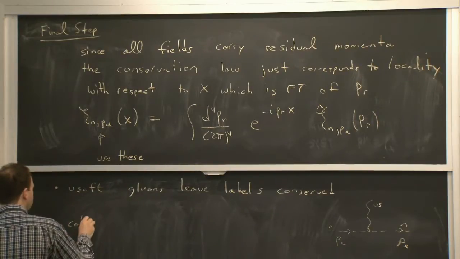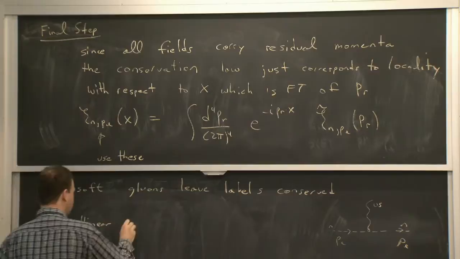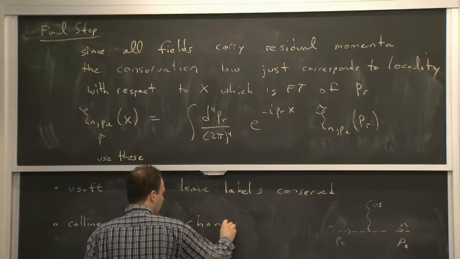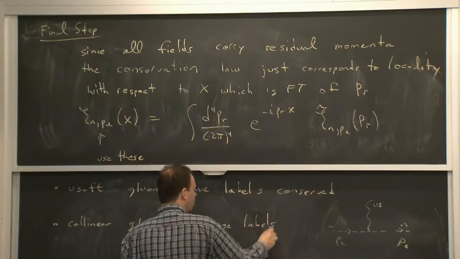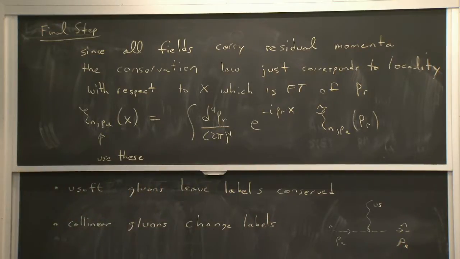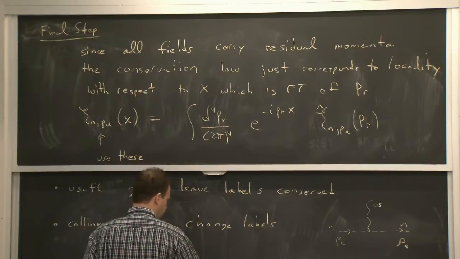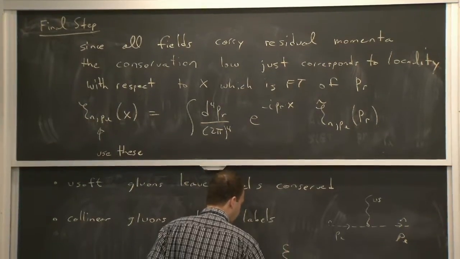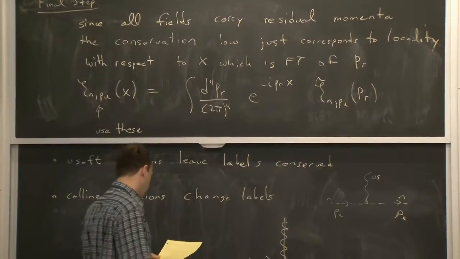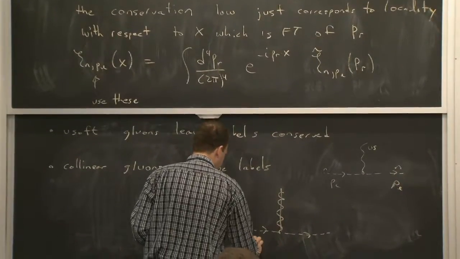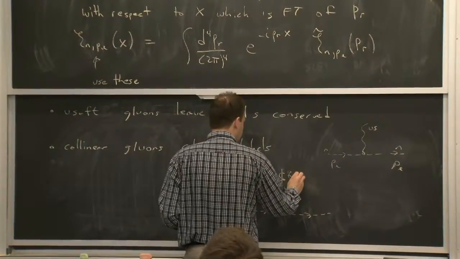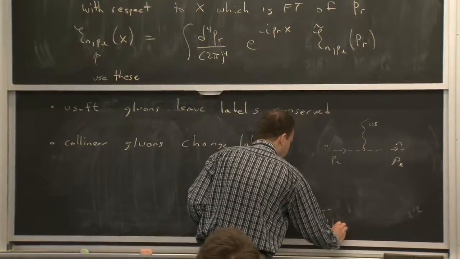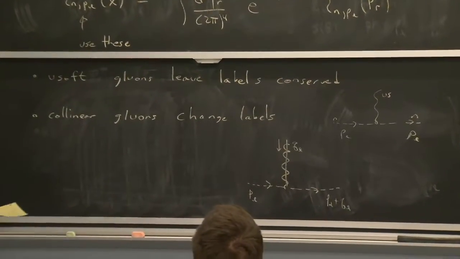On the other hand, the collinear gluons cause us to hop between boxes. So the collinear gluons are label changing. And that's what's different than HQET. In HQET, we don't really have interactions in the theory, in the Lagrangian, that do that, but here we do. So if we have a collinear gluon come in, the collinear gluon again carries both labels and residuals. If I just draw the labels, and this is some QL coming in, and this will be PL plus QL. And so the label of the outgoing field is changed.